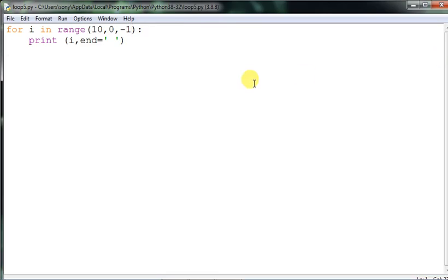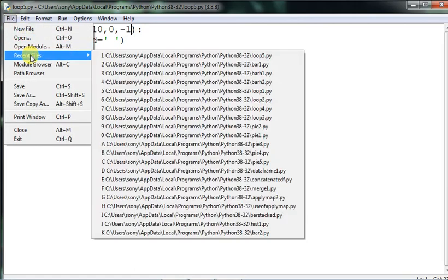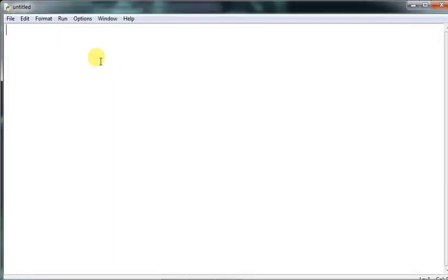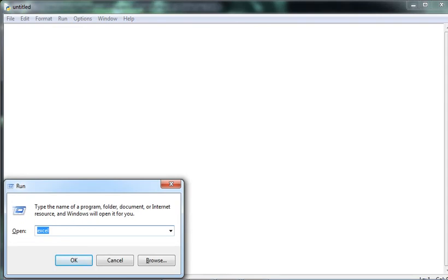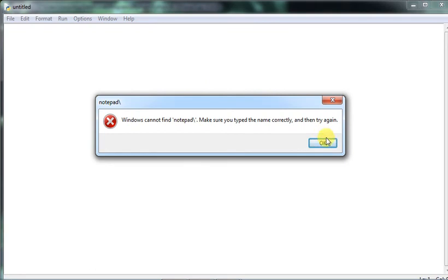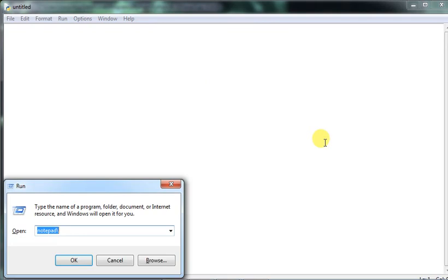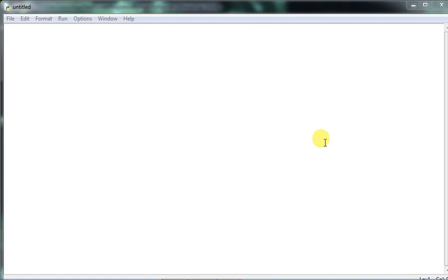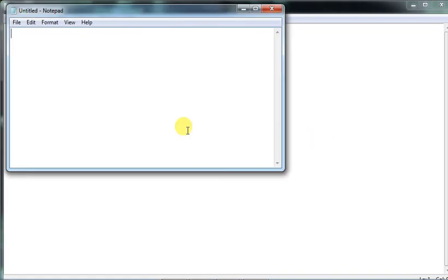Now let us come to the nested loop, how the formation takes place in a nested loop. So I am just opening a new program. Say for example, we are thinking of a triangular pattern. I have Notepad here, which I am opening to show you what pattern I am going to generate by using the nested concept.